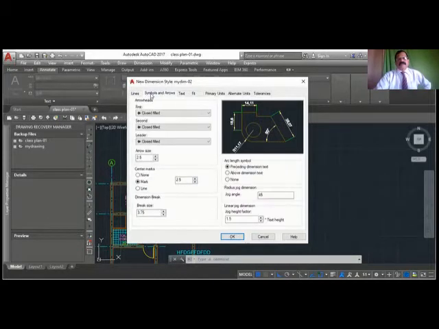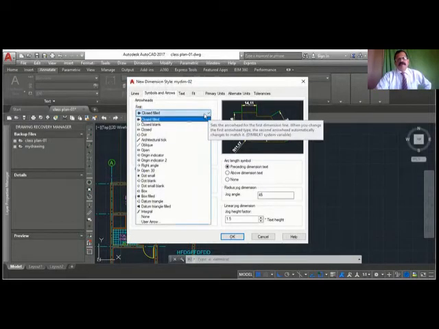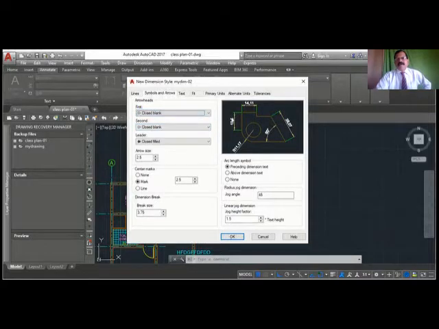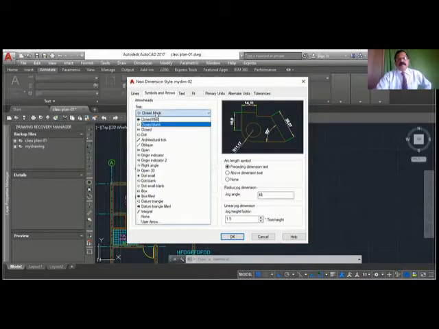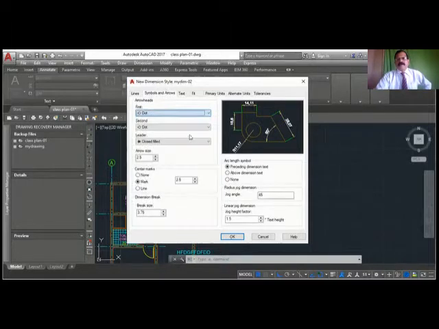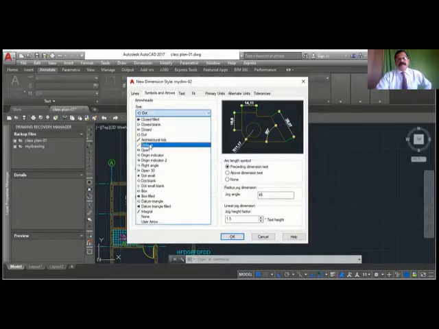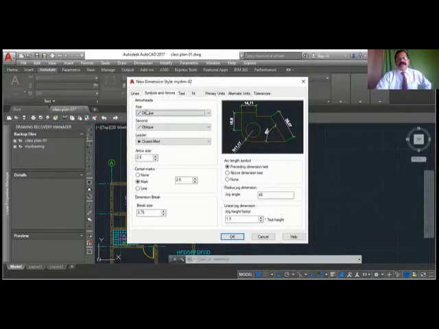Symbols. This is very important. Symbols is the place where you change what type of arrowheads you want. You see here now it is closed filled. If I change this to closed blank, you can see it is blank, it is not filled now. Closed dot. This is a dot; you can see all the dots. You can see oblique, that means tick mark. When you select the first one, both will change. First one is this one, second one is this one. There are two arrowheads, so just change the first and you will get the other.